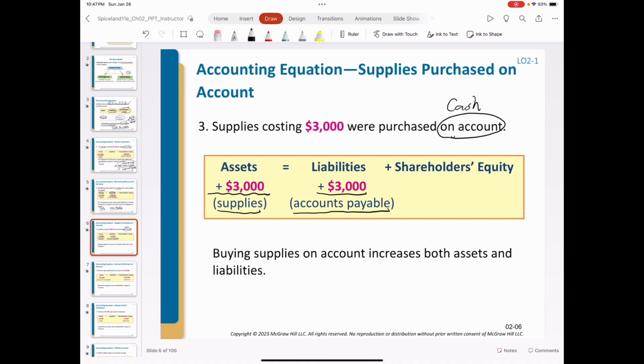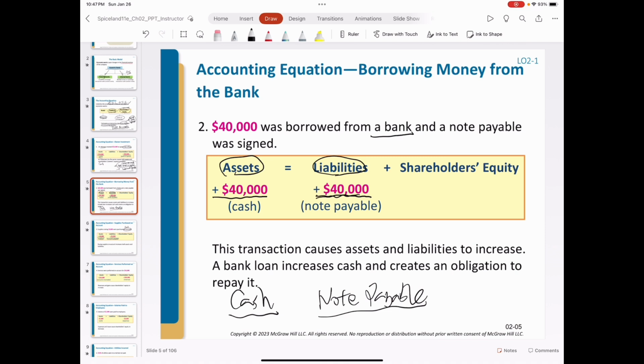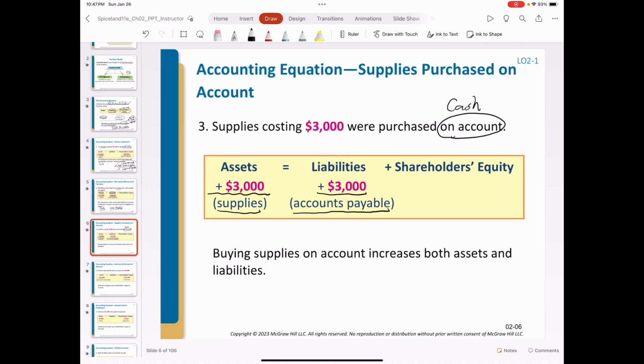This liability, accounts payable, is different from the bank's notes payable. For banks, they lend money to the company for interest income, okay? But for the supplier, this liability is the credit offered by the supplier to the law office. The purpose is not to earn interest. Instead, it is to promote the sales of the supplies to the law office. This is a very common B2B transaction. The supplier allows the company to defer the payment for a few days or weeks, even months.